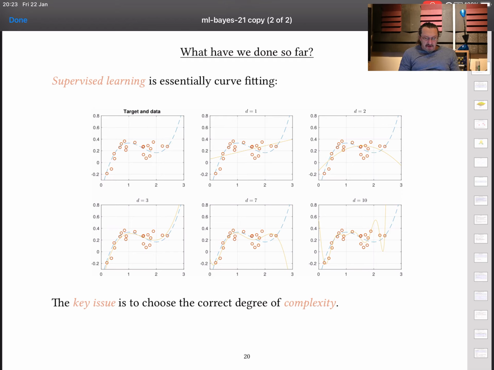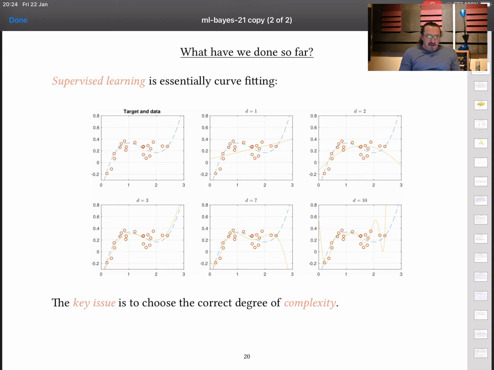Each of the other panels here is labelled with the degree of the polynomial that I've allowed myself to use in fitting that data. D is 1 means I'm just fitting a line, D is 2 means I'm fitting something linear or a parabola, D is 3 means I'm fitting any polynomial relationship between x and y up to degree 3. I'm choosing a polynomial in order to minimize the sum of squared distances between the actual y values in this data and the y values that are predicted by the polynomial.